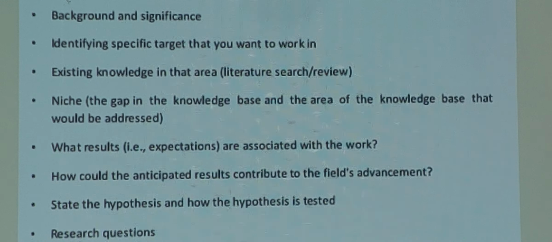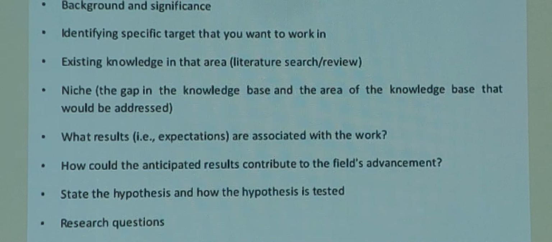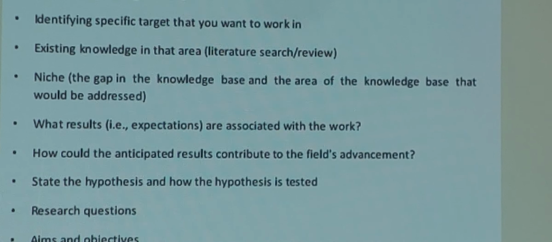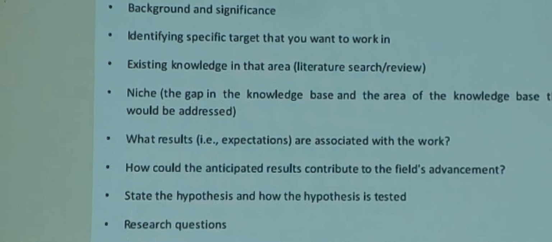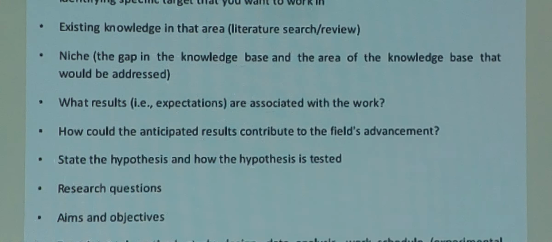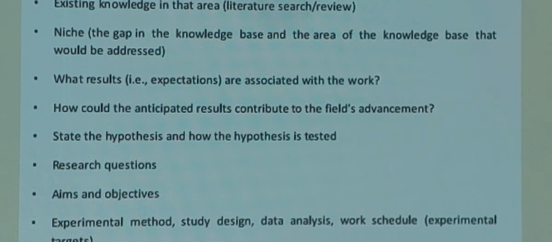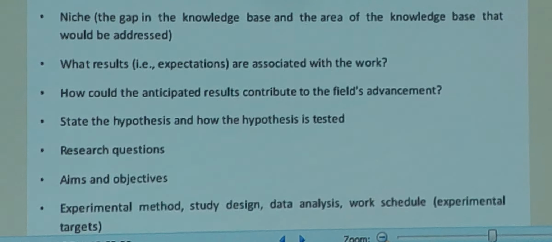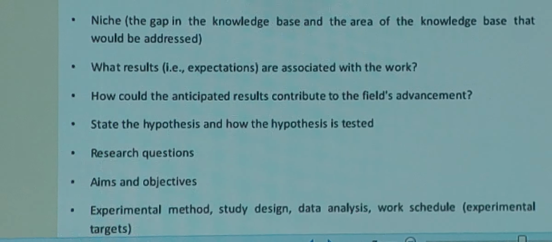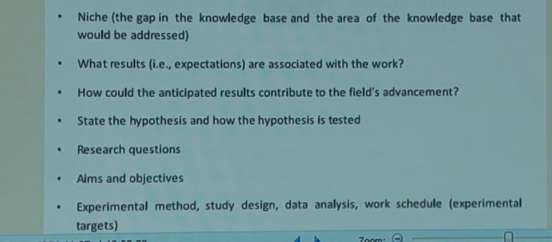I told that several algorithms are there. She is going to use one algorithm to predict the disease, to predict the presence of rheumatoid arthritis, to predict the presence of Parkinsonism, any disease. Okay, the target that you must define. Then existing knowledge. Here only you are expressing your literature research, literature review. The existing knowledge in that area, literature search and review. So that you need to have just 3-4 lines with the existing references, good references.